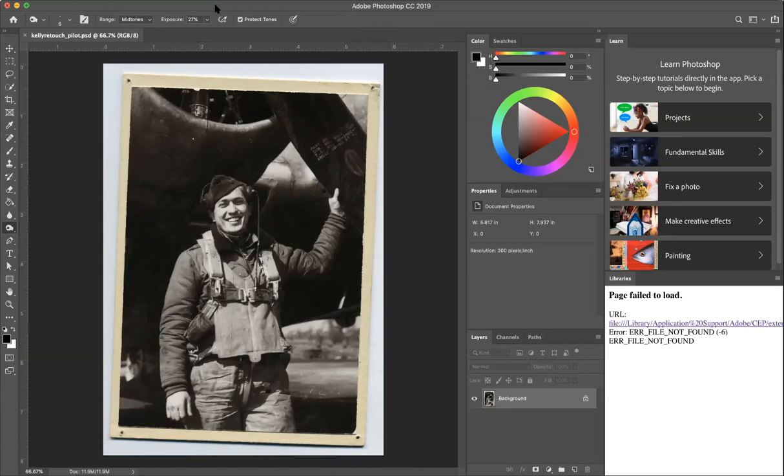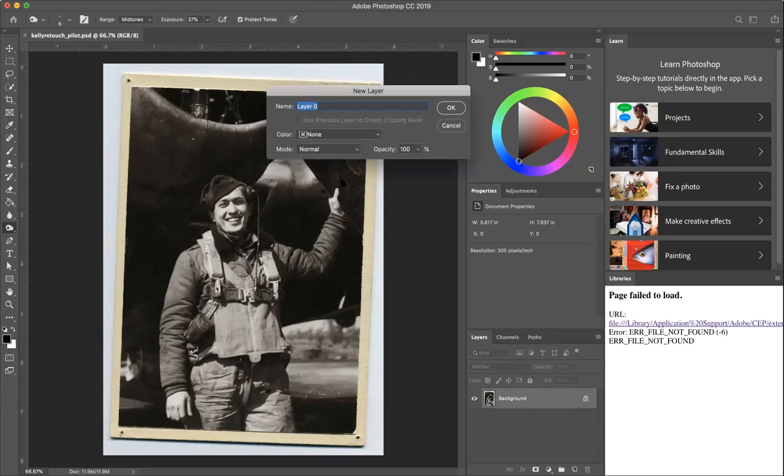So the first thing we're going to do is create a copy of the background layer, because we don't want to hurt our background layer, which is something I've been talking to you about. You want to preserve your photo. So you're going to double click that so you can type in original. You're going to change the name. It's going to be called original,